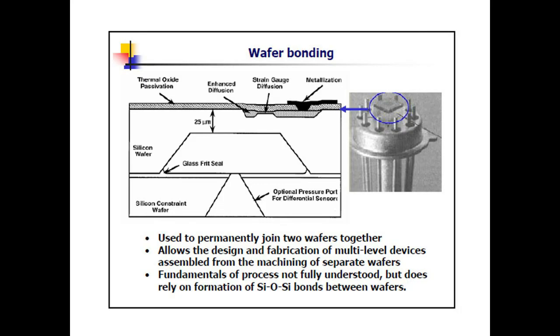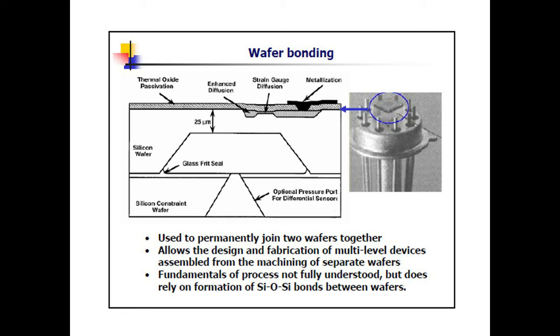Now we are going to finish the topic of microfabrication. The final topic will be wafer bonding. For wafer bonding, you want to join two wafers together. This allows the design and fabrication of multi-level devices assembled from the machining of separate wafers. Although the actual mechanism is not fully understood, this relies on the formation of silicon-silicon bonds